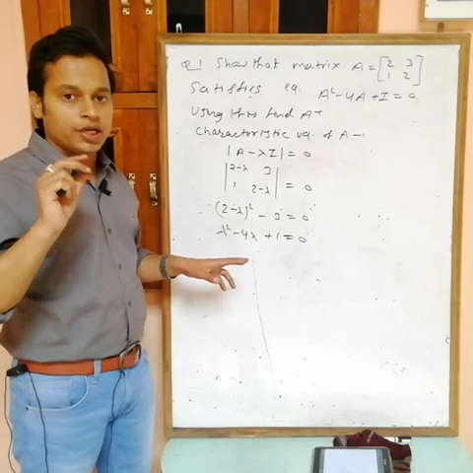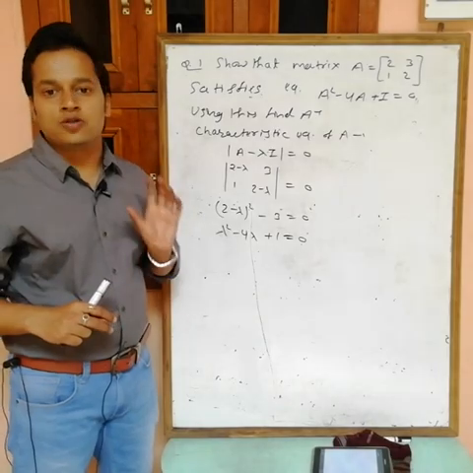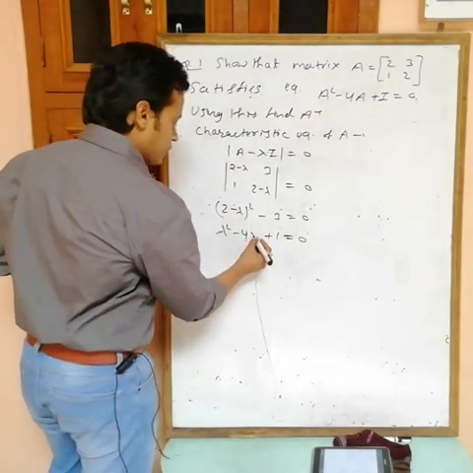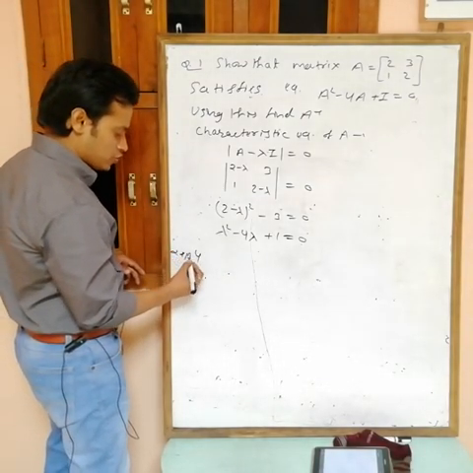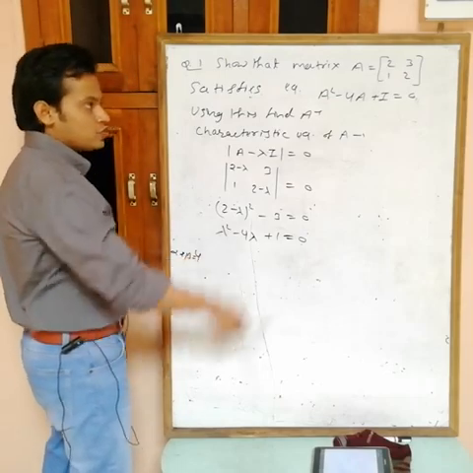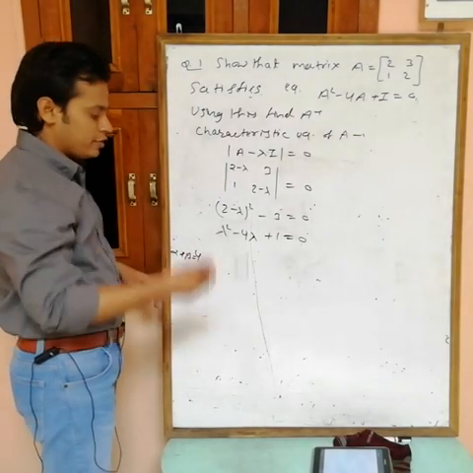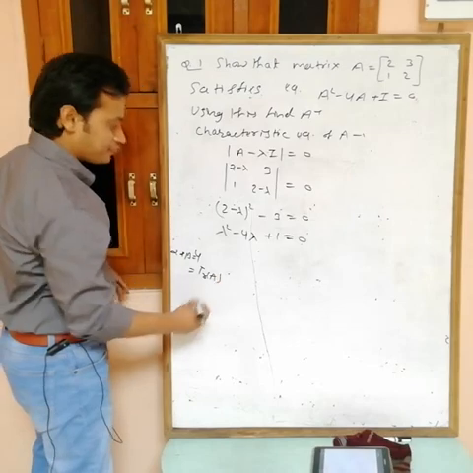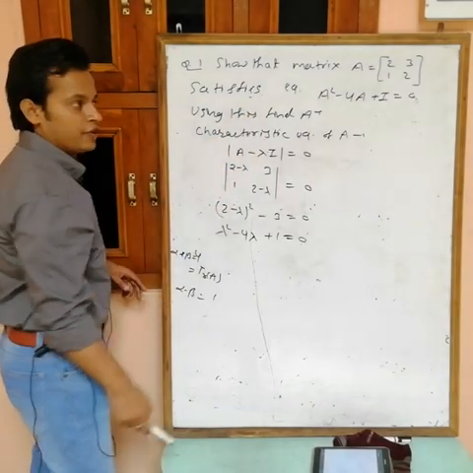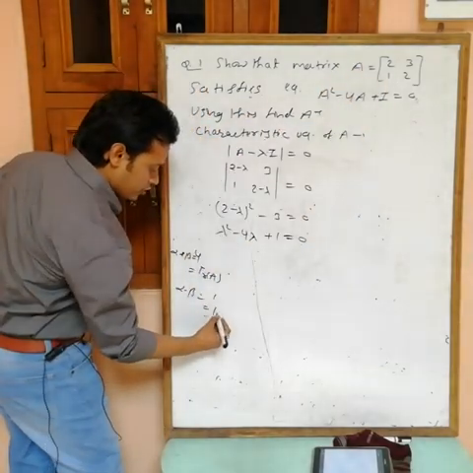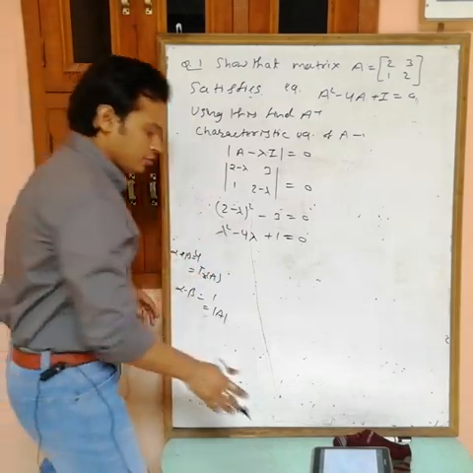And also you can check two results. The first result is that the sum of roots represents the trace of A. Can you find the sum of roots of this equation? Yes, minus b by a, which is 4. Sum of roots alpha plus beta is equal to 4, and this 4 is equal to the trace, this one plus this one. The sum of the diagonal elements is the trace, that is 4. Product of roots alpha into beta is c by a, which is 1. Now find the determinant: 4 minus 3, which is 1. This is the determinant of A. So sum of roots represents trace of A and product of roots represents determinant of A.